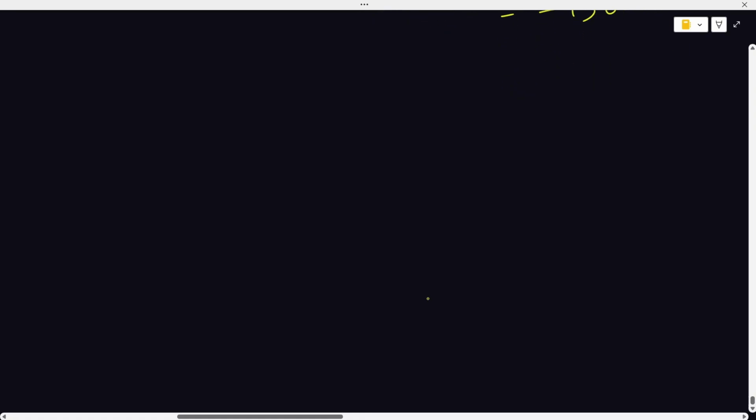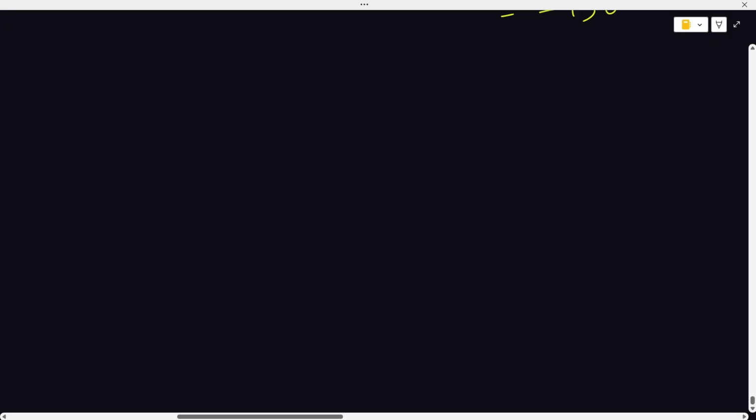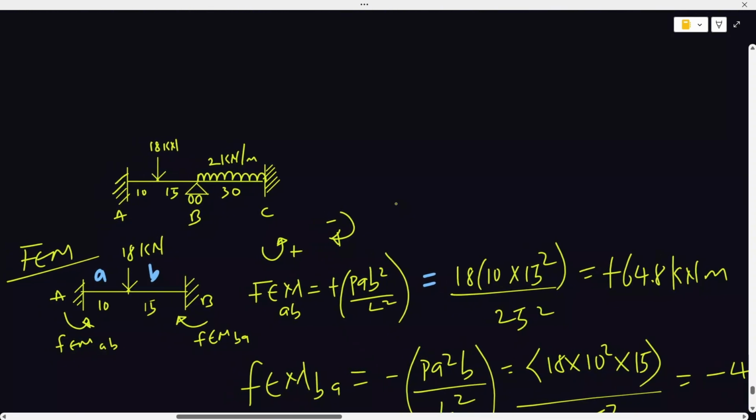Writing down the slope deflection equations for each of the member ends. That is basically saying give me the expression for moments for each of the member ends. So the next step is to write down the expression for the moment for each of the ends of the members. So for this structure, when we decompose it, we'll have